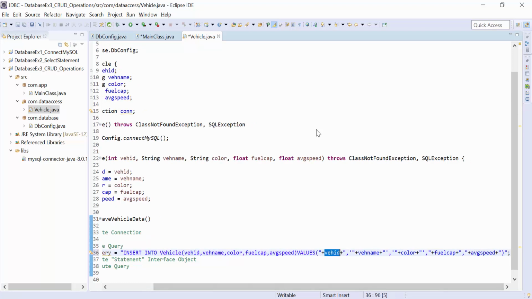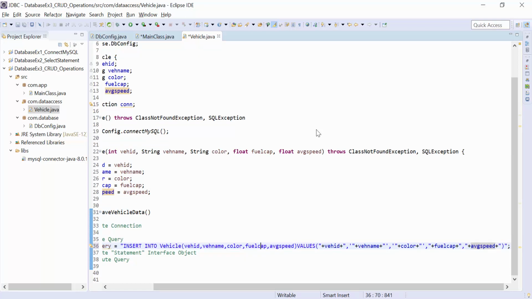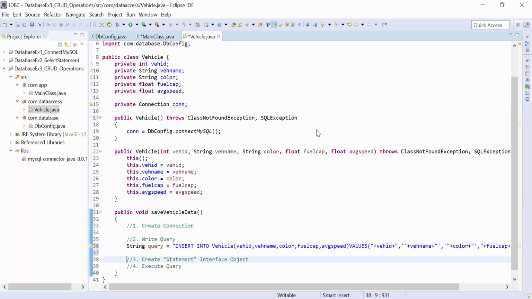Okay, so all the variables we just separated from the string like this, and this is my complete string. So the query is ready. The next step, create statement object. Statement is an interface in JDBC API to perform insert, update, delete operations.